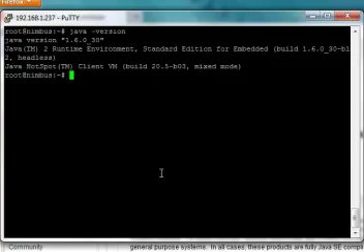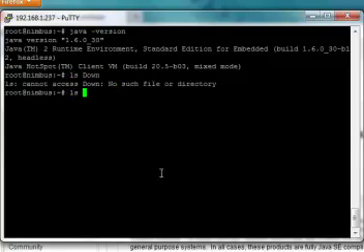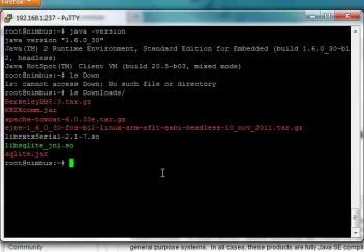Perhaps the most popular application ever written is the Apache Tomcat Web Application Container. We've taken the liberty of downloading that already. It is in our downloads directory. Here it is right here. And what we're going to do is install that now by simply extracting that data out.